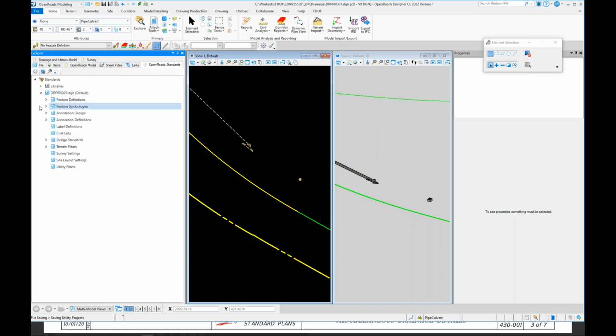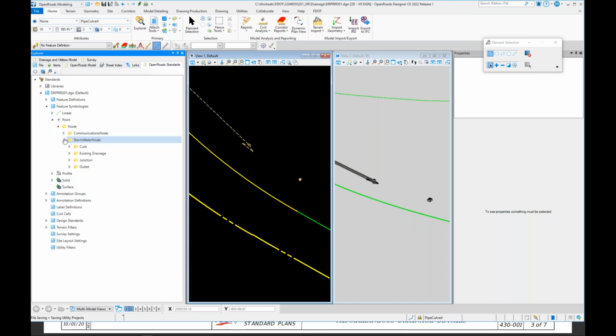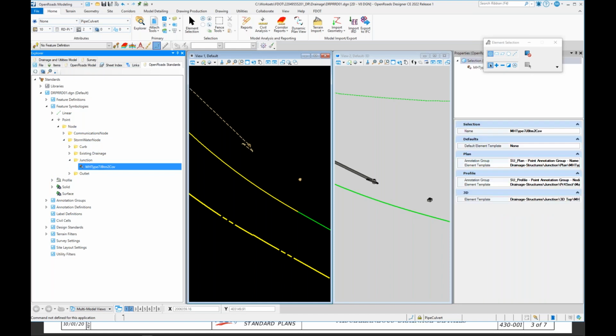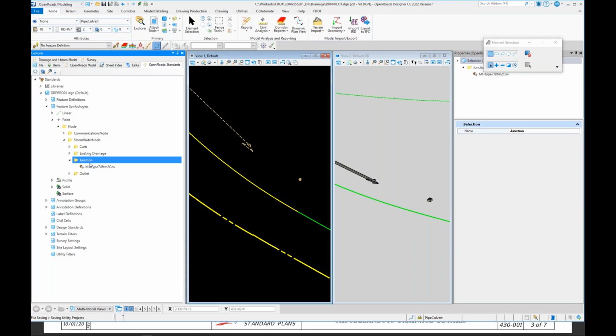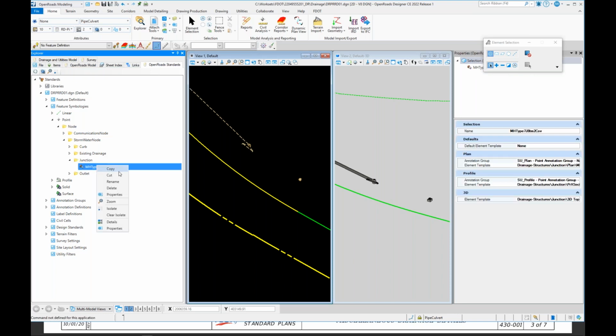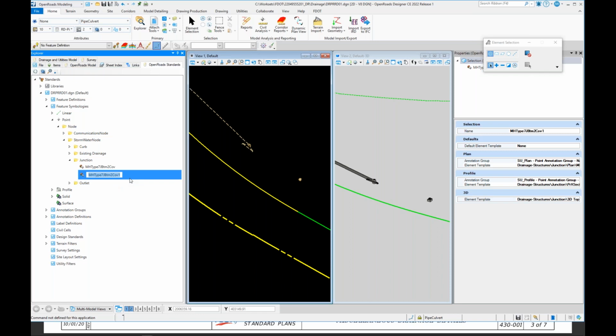Go into the file you're currently in, go to feature symbologies, go to point, node, stormwater node, junction, and make a copy of our friend here. That's right. This is the one that you do right click only. And then